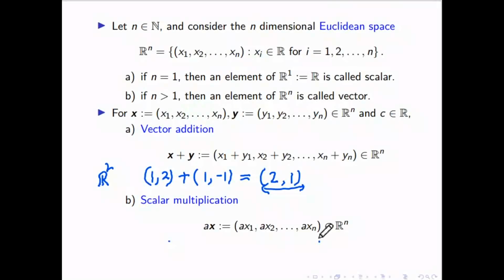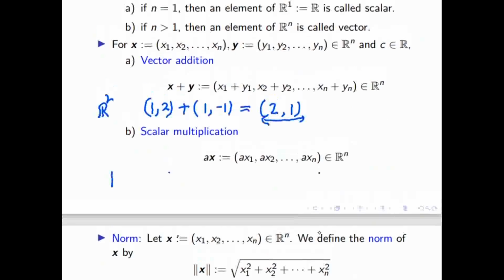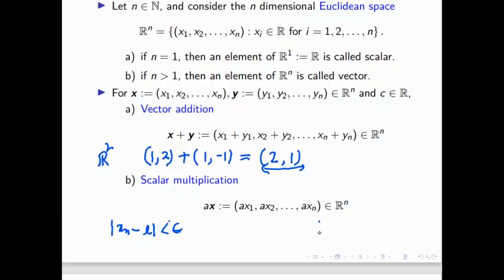So now how will we measure the distance in real numbers? Like we have some sequence, we are saying something like mod xn minus L is less than epsilon. What is the meaning of this xn minus L? What does this mod represent in the real numbers? Distance. Yes, if it is mod a minus b, it will give the distance between 2 points on the real line. If a comma b are 2 points, then mod of a minus b will give the distance between the 2 points.